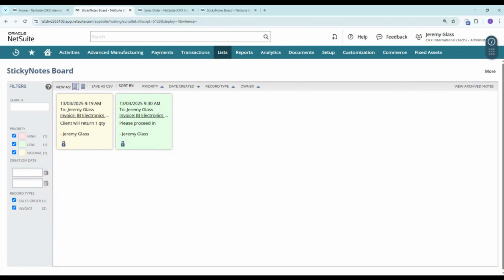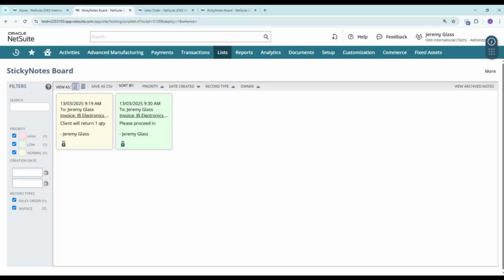So if the sticky notes is not appearing or functioning correctly, you can refresh your browser or clear cache, verify your role permissions to ensure access to sticky notes, and make sure the bundle is properly installed. And lastly, you can check as well NetSuite updates, as some versions may require reinstallation of the feature or the bundle. And as part of the best practices for using sticky notes, we use mentions to notify team members of urgent updates, to keep notes concise and relevant, and regularly review and clear outdated notes to keep records organized.